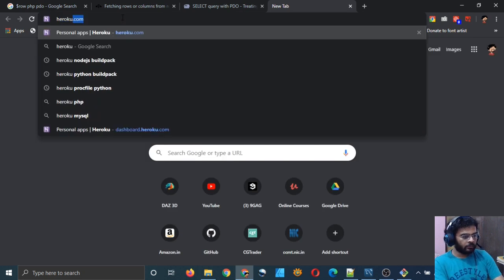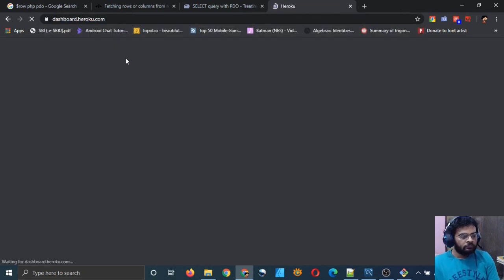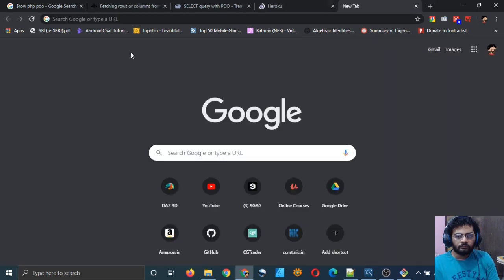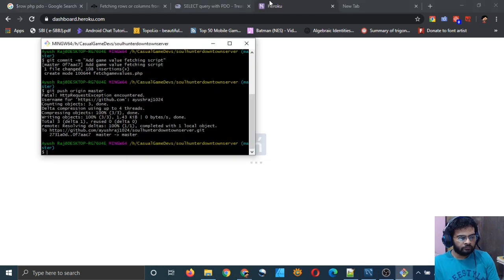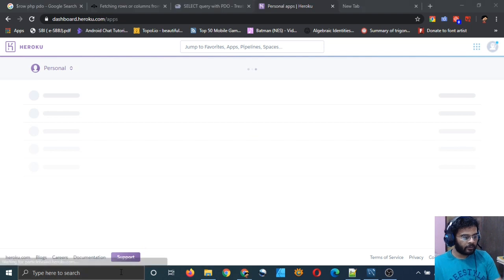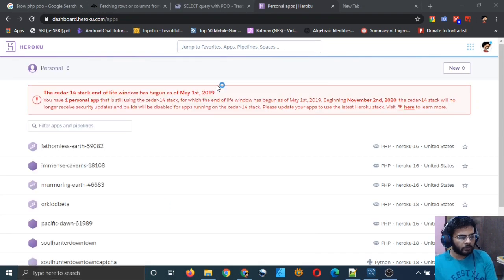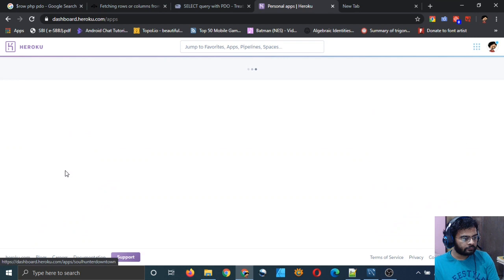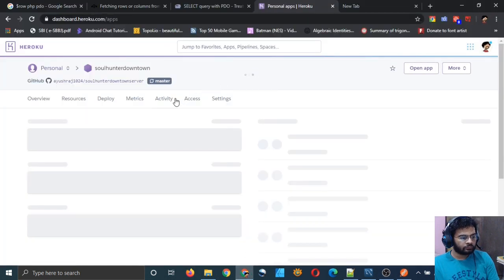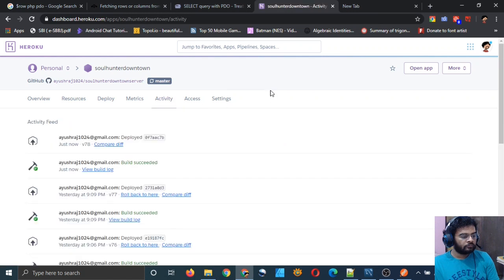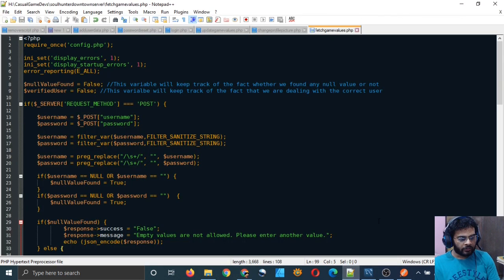Let me open Heroku. I will also open Postman to send post request. So just now something was deployed, and that's what we deployed right now actually. So let's test our script.